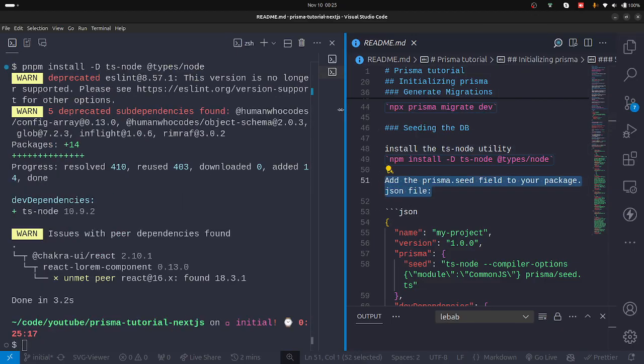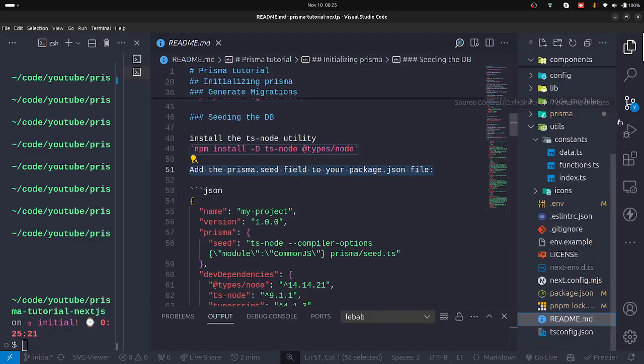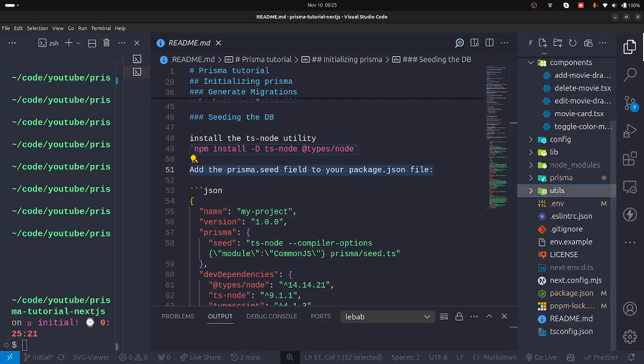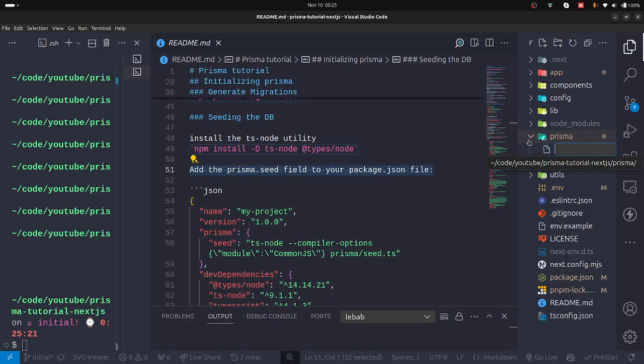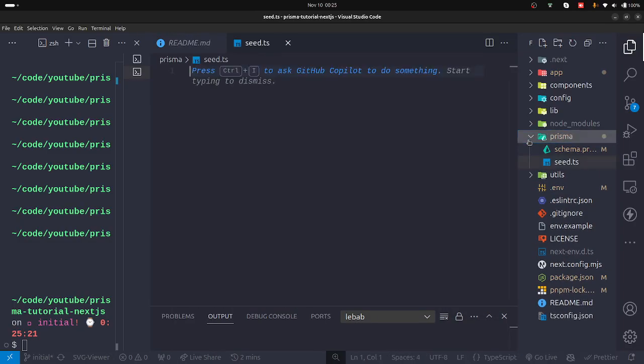a prisma.seed file. So you go to a Prisma folder, and then you can call it any name you want. I'm just going to call it seed.ts. This one will be responsible for adding these static movies to our database so that we can query them